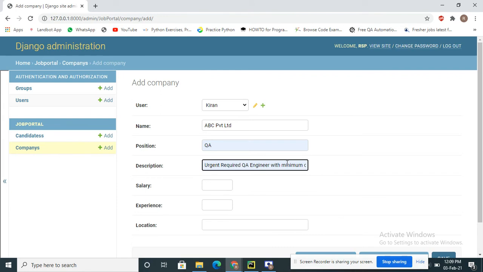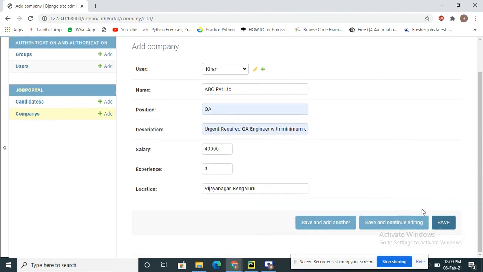Okay, you can write anything. And salary is 40,000, and experience is 3 years, and location Jayanagar. And now click on the save button.